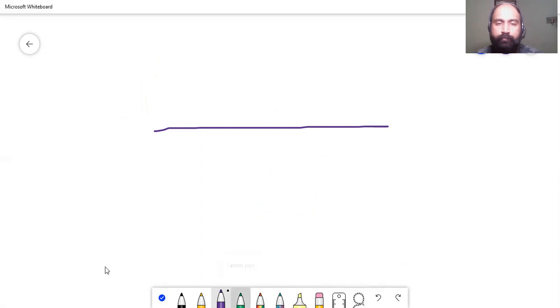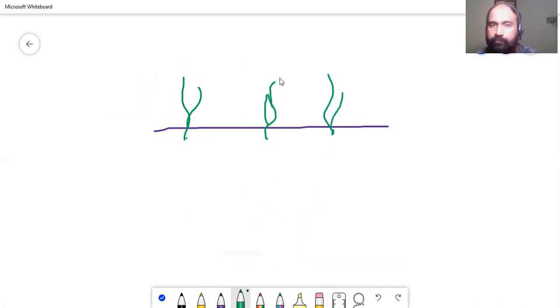Say, for example, after burying the seed which the farmer wants, the crop will come out, isn't it? One crop came out from here, another seed is here, so another crop came out. Fine. Definitely they also will have roots.